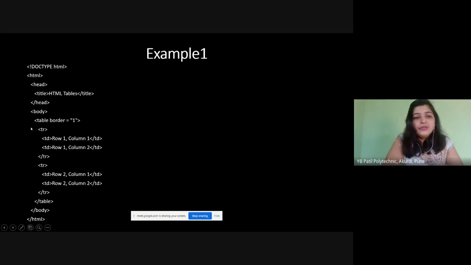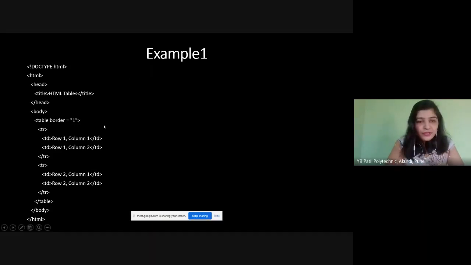The tr tag will start the first row of the table, in which I'm going to add data as row 1, column 1. So this first table data tag will be your row 1 and column 1 cell, the first cell of the first row and first column.